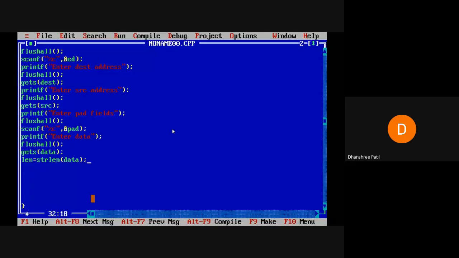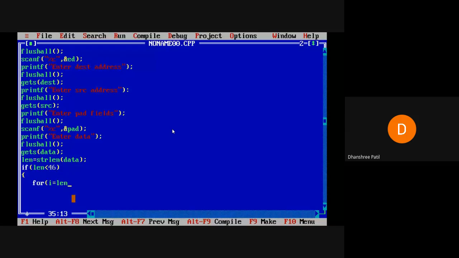So once I get the length of the data, I'll check whether the length is less than 46. If it is less than 46, then I have to add the extra fields, which I have taken over here from the user itself. So if the length is less than 46 bits, then for i is equal to, sorry, not 0, it should be length, means suppose 4 bits data मी एंटर केला तर फिफ्थ बीट पासून माझे हे एक्स्ट्रा बिट्स ऍड झाले पाहिजेत.